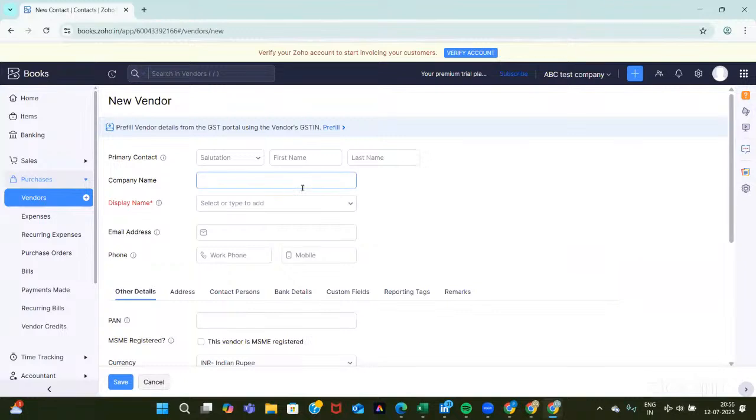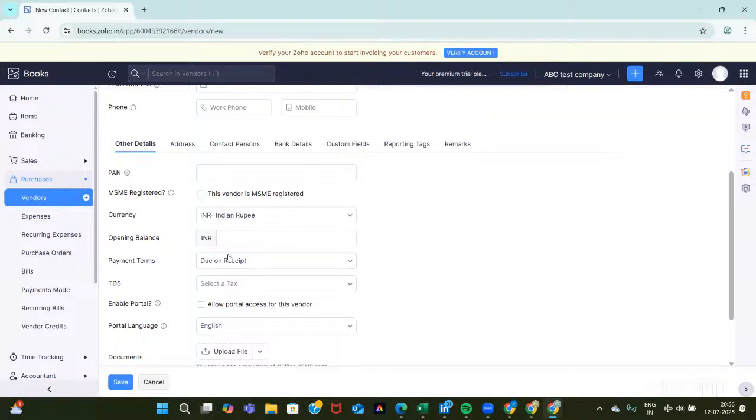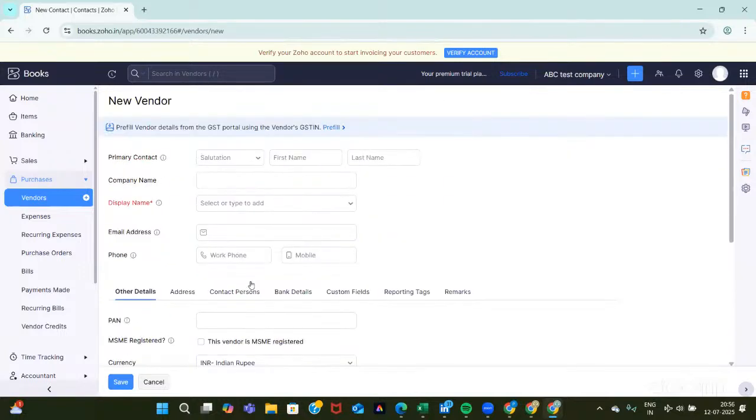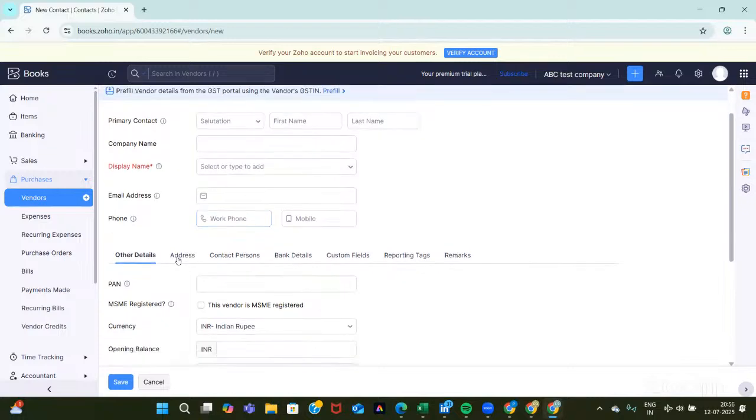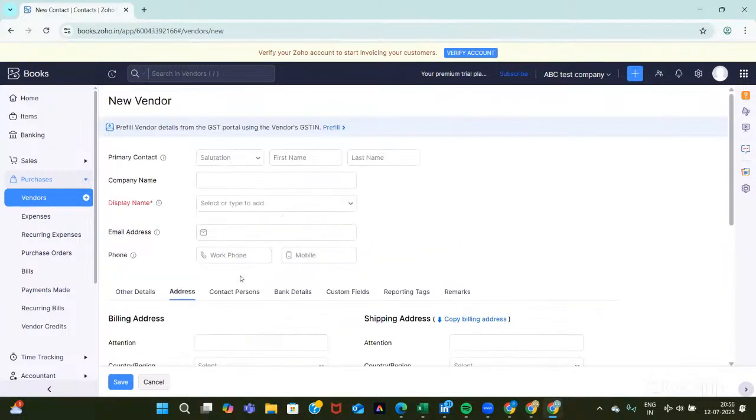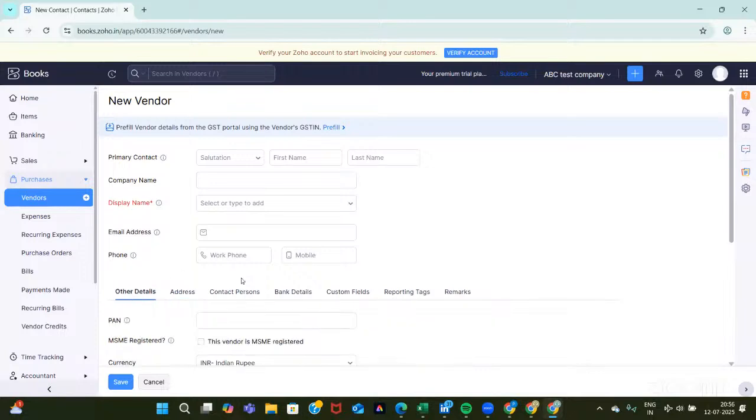Each vendor record can store the official business name, PAN, and GST-IN, their contact person details, phone and email, address and location, payment terms, like net 15, net 30,